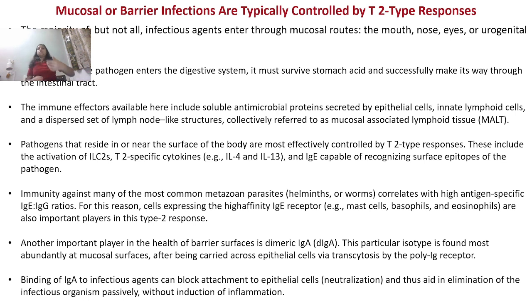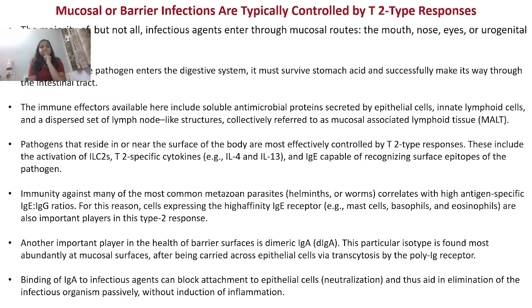First, it has to make a breach into our entry route, the mucosal route, or the other routes. Then it has to survive the stomach acid. Then only it can get into the intestinal tract. Then only it can go into different kinds of locations. So at every step there are different kinds of layers through which that pathogen has to pass. That is why it is not very easy for a pathogen to enter into our body, because our body is also composed of different kinds of layers which are actually protecting us from the different kinds of pathogens.